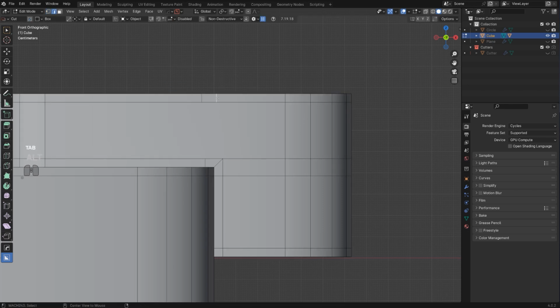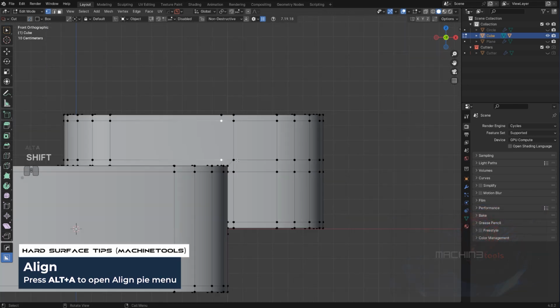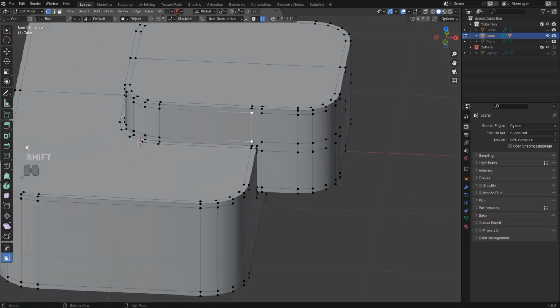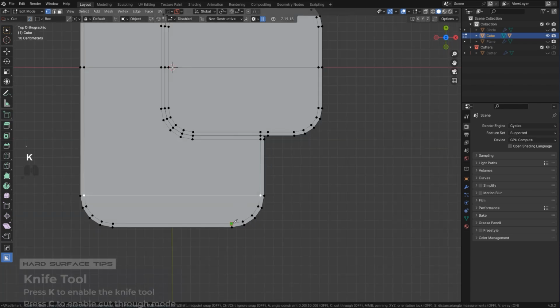So we can grab this one and align it and combine it, and same here. I'm using machine tools to align this. And you can only work on one side because the other side is going to be mirrored. And then we need some loops in here. We also need loops here. So K,